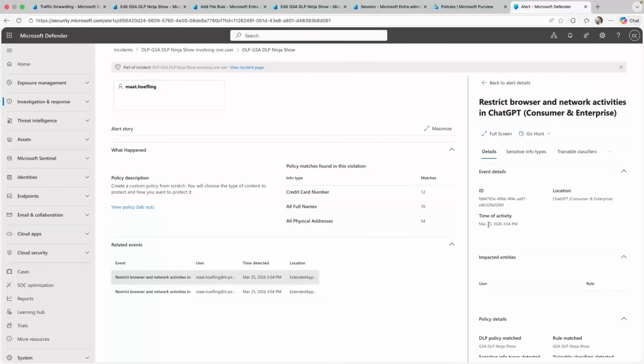So, Dominik, I see the violations here, which is credit card numbers and others. Do you also see the actual file name of the file that you tried to upload to various places? Yes, absolutely. This is very important because in the Defender portal, right, it raises an incident and matches the alerts. And first of all, we can see that, as you already mentioned, we have full names, physical addresses, credit card numbers in that PDF file that were exposed and uploaded to ChatGPT in that example. And the other alert contains